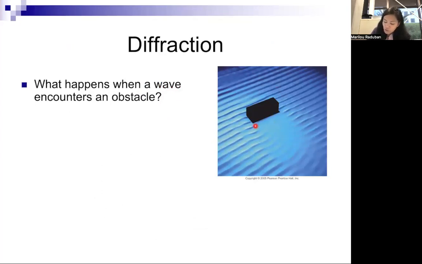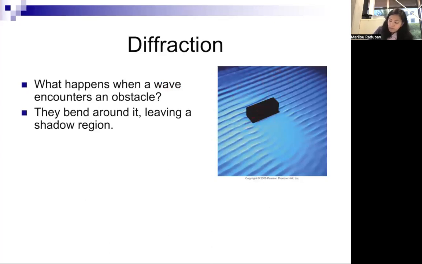obstacle, as shown here. You have, let's say, water waves encountering a barrier or an obstacle. Notice how the waves bend around this obstacle, and so you have the shadow region where there is no wave there. We've also seen in the video of interference of water waves, when you have a wave and it